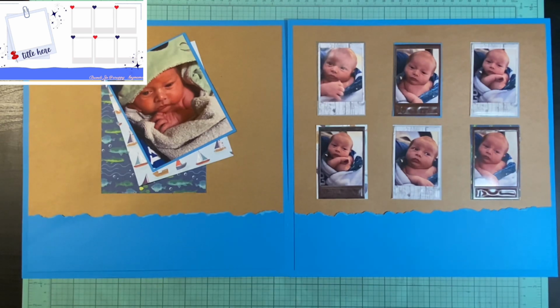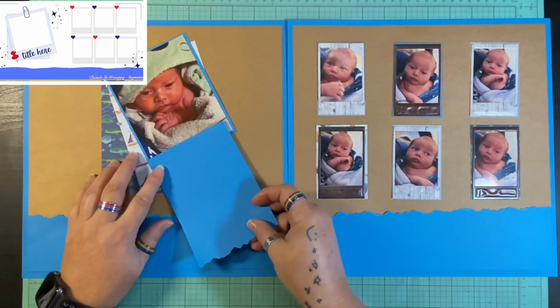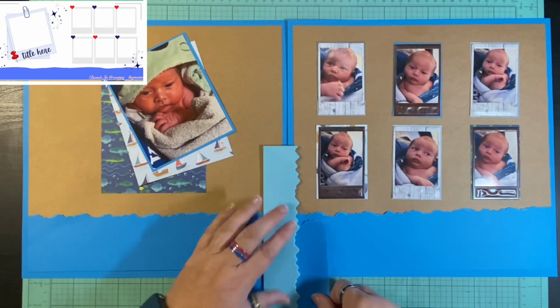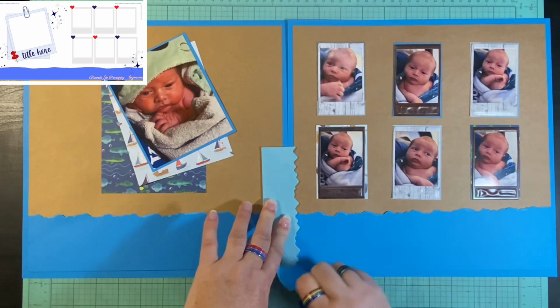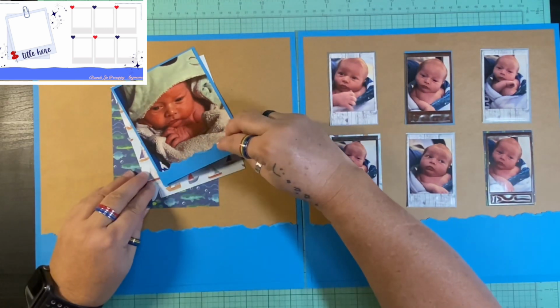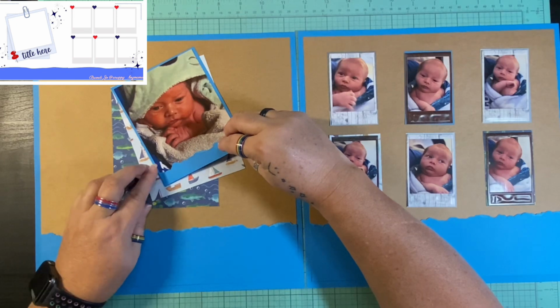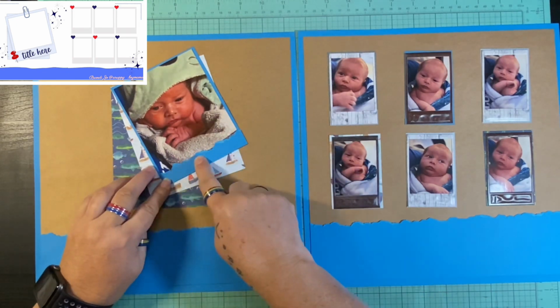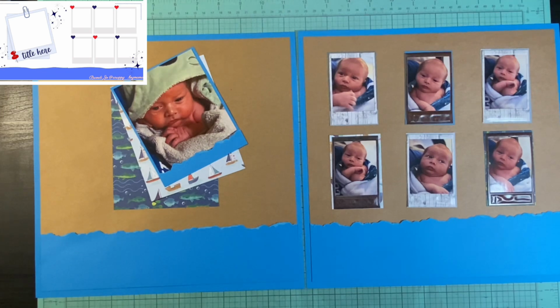And I don't use khaki that much anymore. I used to use it a lot. Not as much as black and white, obviously, but more than I use off-white. But I haven't used this much lately. So I tear this little piece because I want to put it over the top of this bottom part of the picture. It's just a bit of the towel, so I'm not worried about it covering anything. And I want it to have that same look that the bottom of the layout does. So I use that